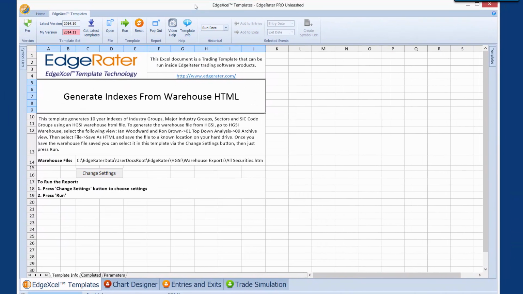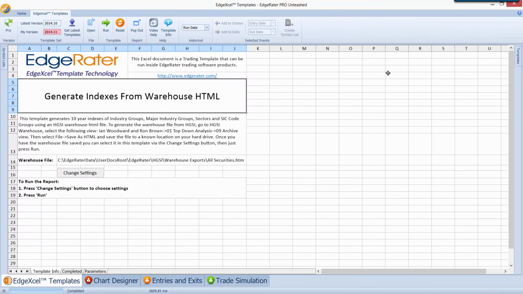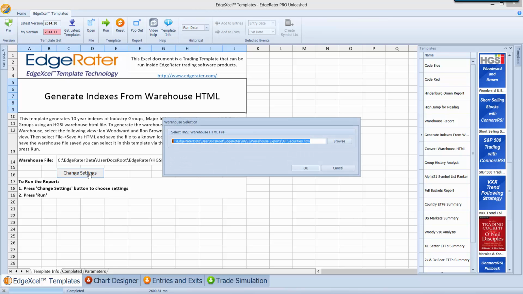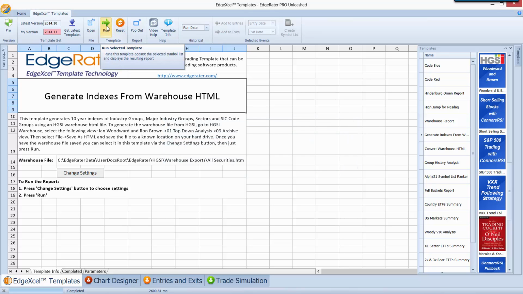So once I've done that, I can come into EdgeRater, select the generate indexes from warehouse HTML template, and then I need to find that file. I need to tell the template where that file is, and I can do that by hitting the change settings button and finding where I put that file. Once I've set this once, it will be saved so that next time I come into the program I don't have to re-find that file, and that's why it's a good idea to save the file in the same place every day. So once I've said where the file is, I hit the run button,